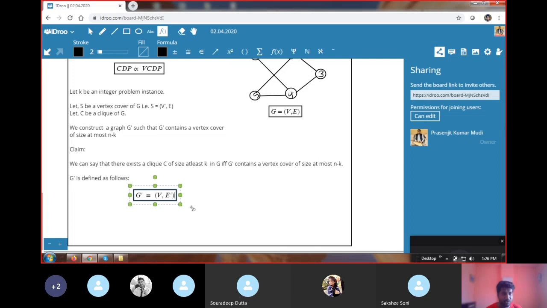So G dash of G, this is a special graph, I will name it later, is defined as follows. You will take the same vertices, all the vertices of capital G. That's why the vertex set is not changing, but the edge set is changing, E dash. So G dash becomes equal to V comma E dash, such that